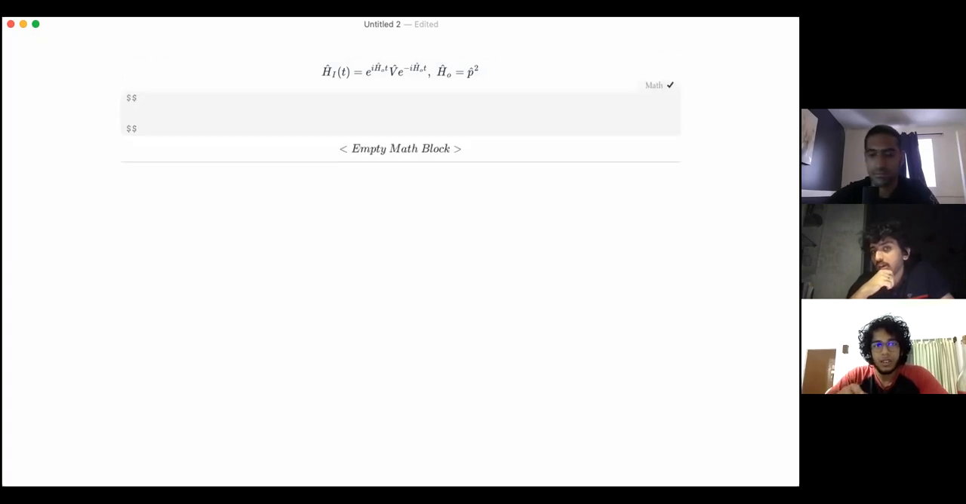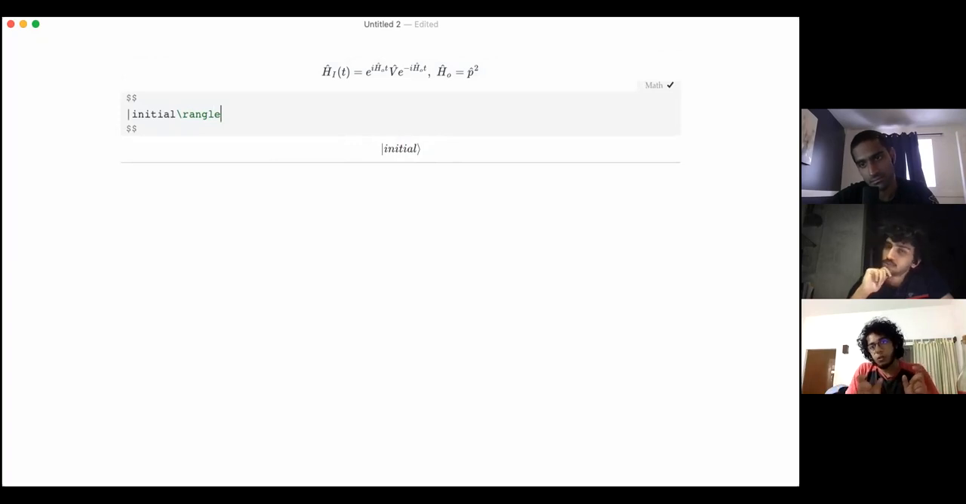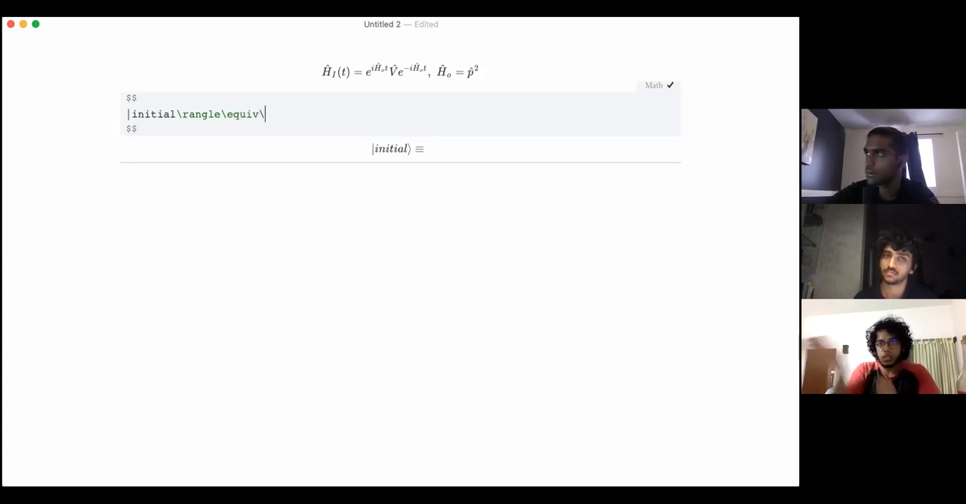It's like writing out the H naught, sandwiching V between H naught and H. Whenever you want to compute the final state, you multiply V with whatever the right side bracket is, and whenever you want the initial state, you just do the conjugate of that. Yeah, exactly. So the point is that I'm trying to